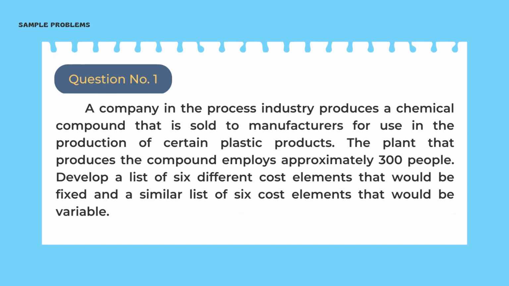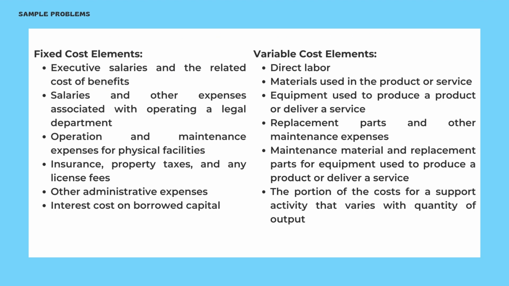Question number 1. A company in the process industry produces a chemical compound that is sold to manufacturers for use in the production of certain plastic products. The plant that produces the compound employs approximately 300 people. Develop a list of 6 different cost elements that would be fixed and a similar list of 6 cost elements that will be variable. The fixed cost elements are the executive salaries and the related cost of benefits,